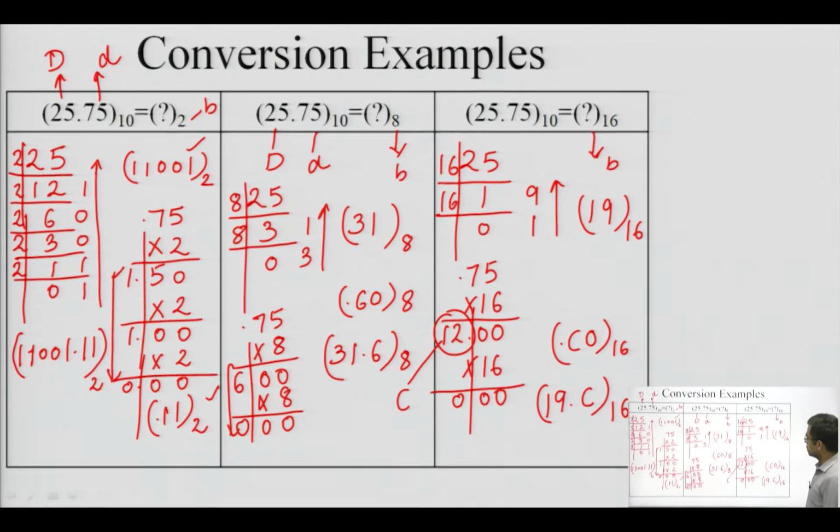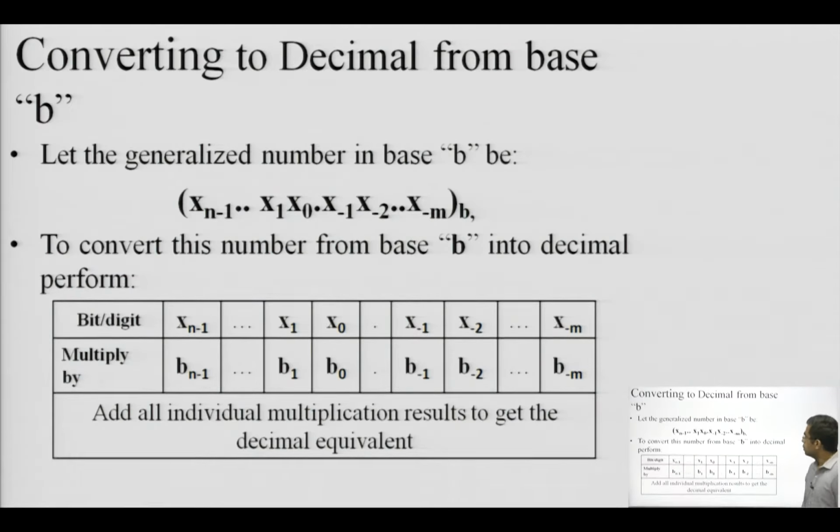Okay. So, this is the conversion from decimal to binary to octal and to hexadecimal. Now, converting to decimal from other number systems with base B. Like in the previous questions we have converted a decimal number into binary, octal and hexa. Now, we will be getting back to decimal from these number systems. To do this, I have written a general structure of a number.